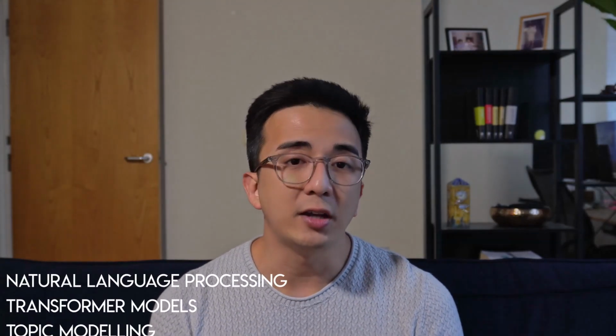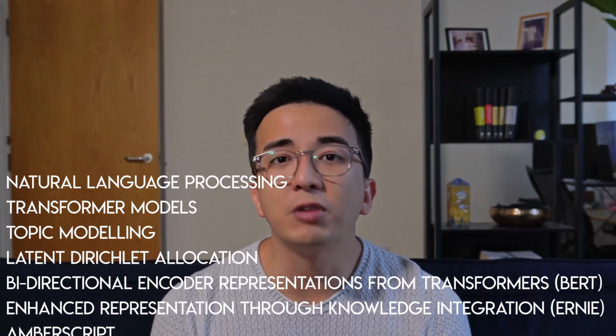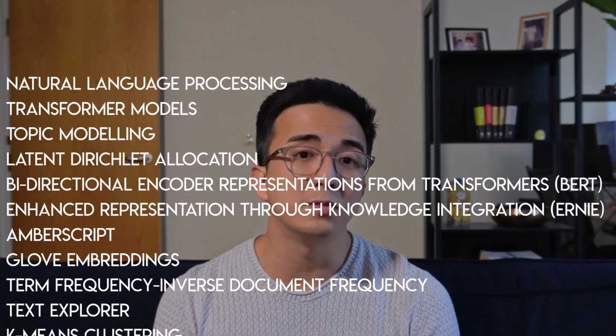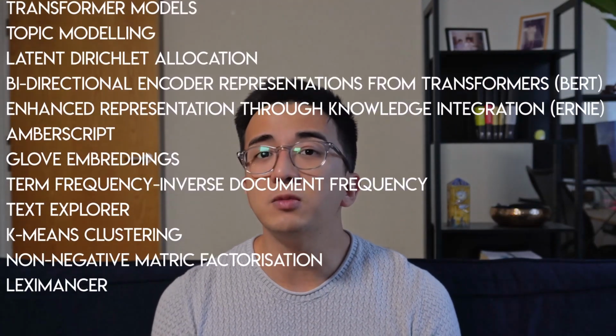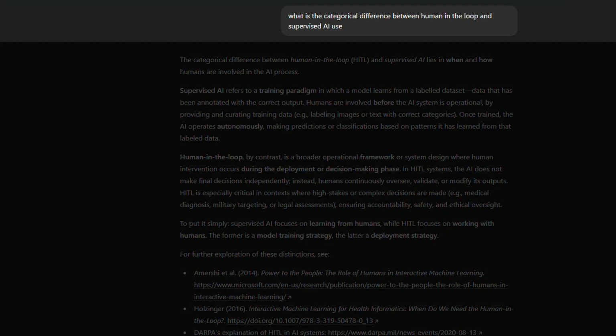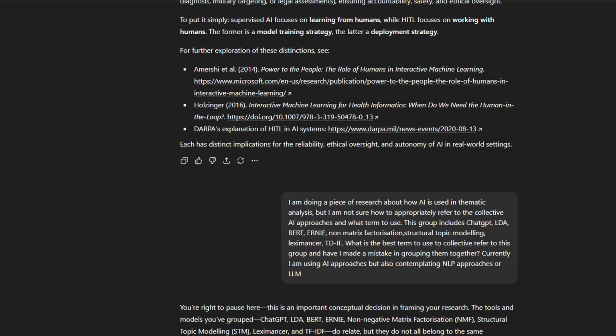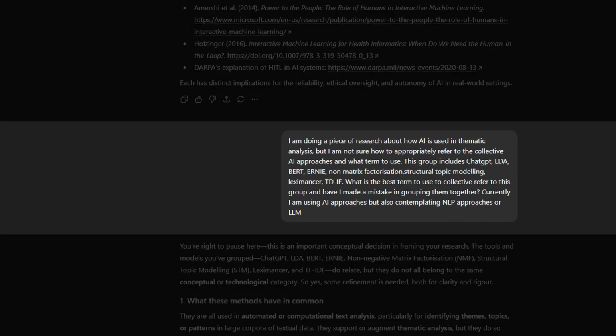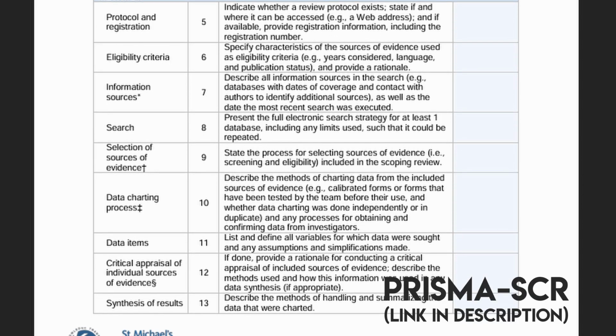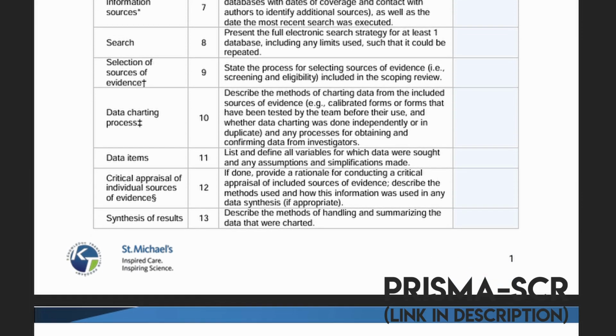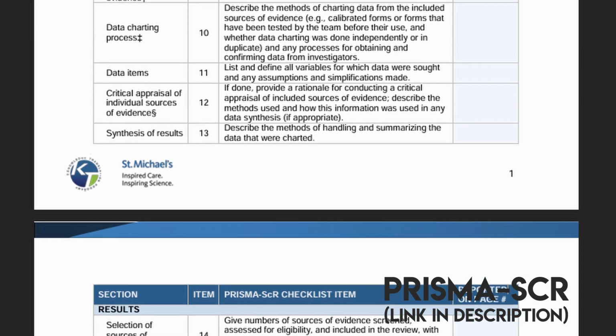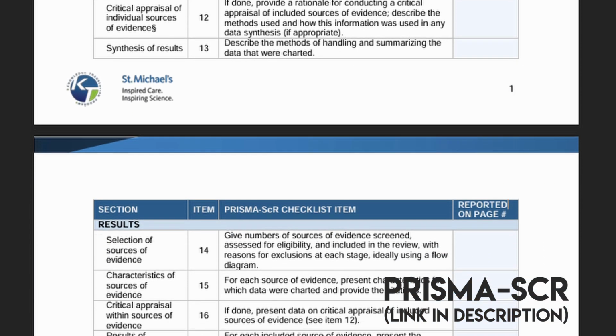Writing the section on how various AI models work and how they generate themes needed a bit more AI guidance. There were a lot of terminologies that I needed confirmation on so that I'm not misrepresenting them or using the wrong terms in the wrong context. Accuracy was important here. I prompted AI for summaries on things that I wasn't certain about and checked my paragraphs for factual errors mostly. In scoping reviews, there's a lot of structure to how methods and results sections should look, so again, it's a matter of filling up the sections.